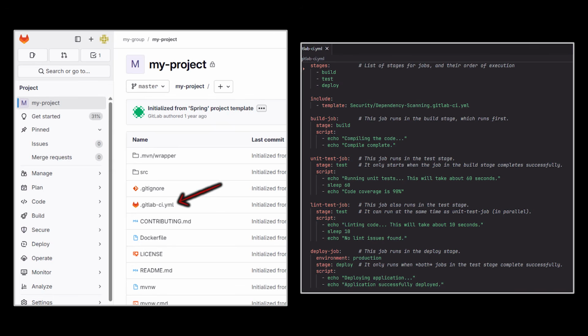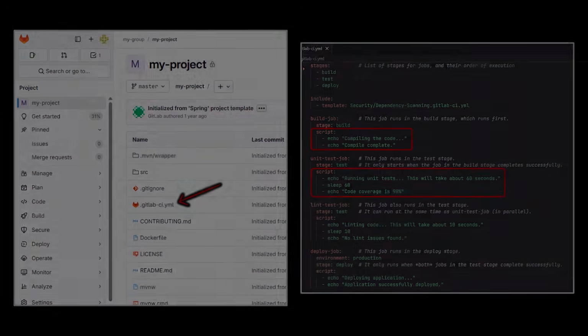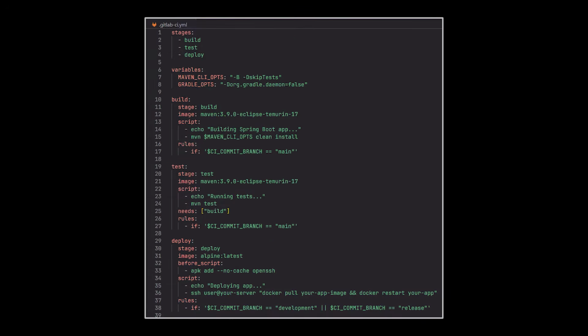This file defines all the stages and jobs in our pipeline, like build, test, and deploy. Each job contains a script section where we define what needs to be done. We can also add rules to control when each job runs, like only in specific branches or after other jobs have finished. Let's say we want to build and test our Spring Boot app every time we push to the